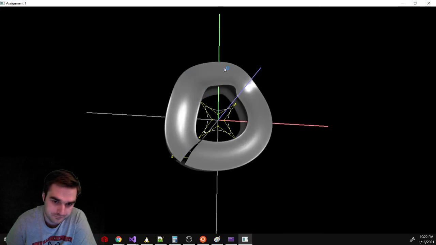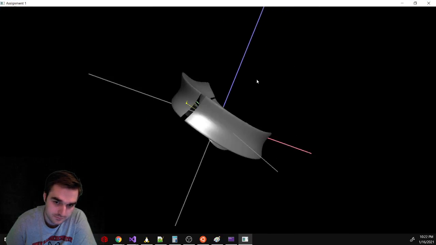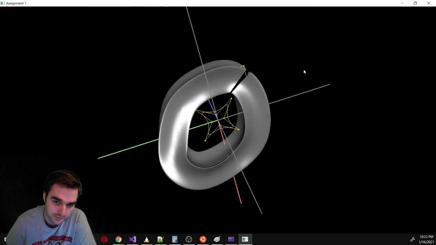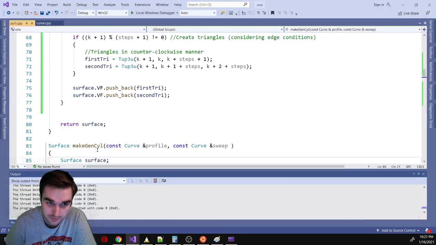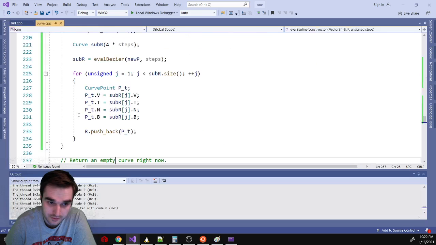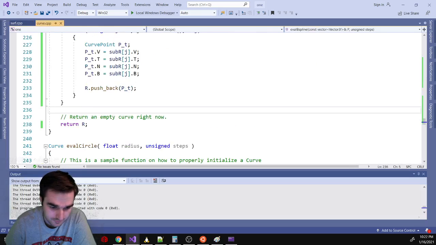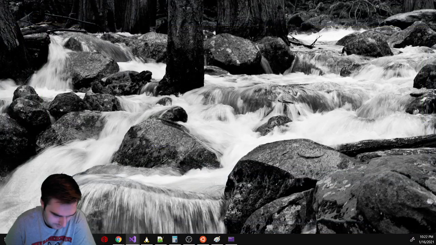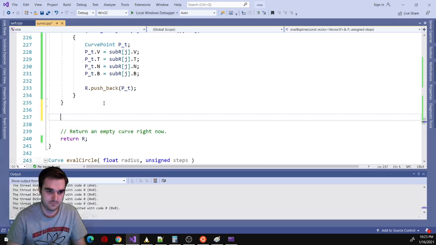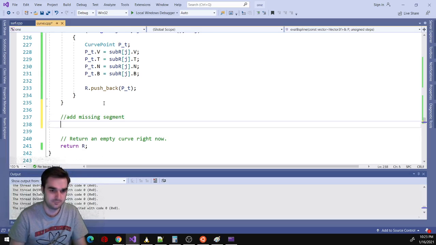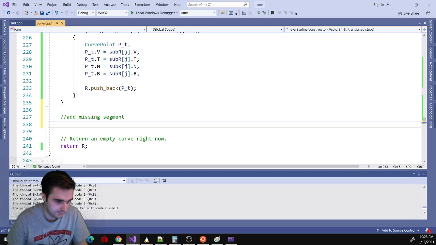Okay, so there's a crack. There's a crack in the weird model, and that's not supposed to be there. So I fixed it by going back to my curve, the B-spline curve, and basically, I guess there was one segment that my loop missed, and so what I did was I added, add missing segment, and